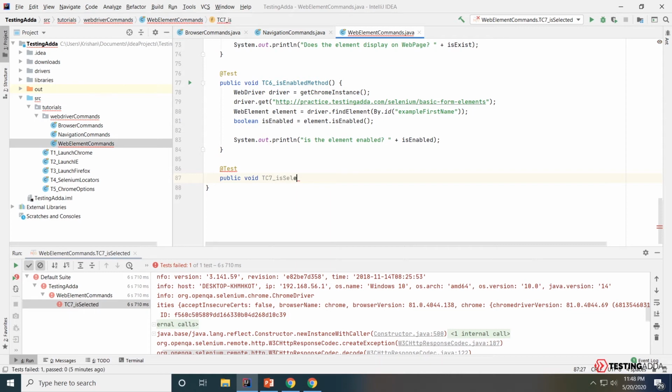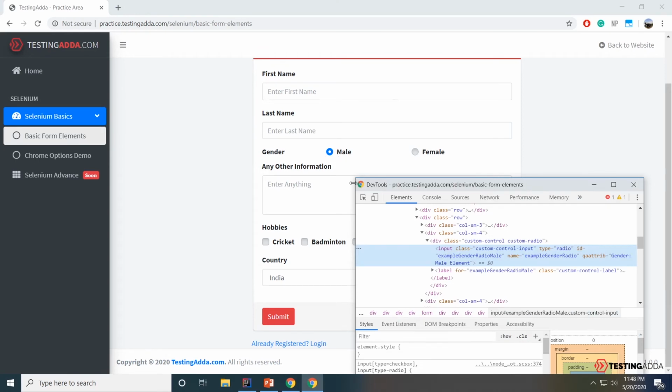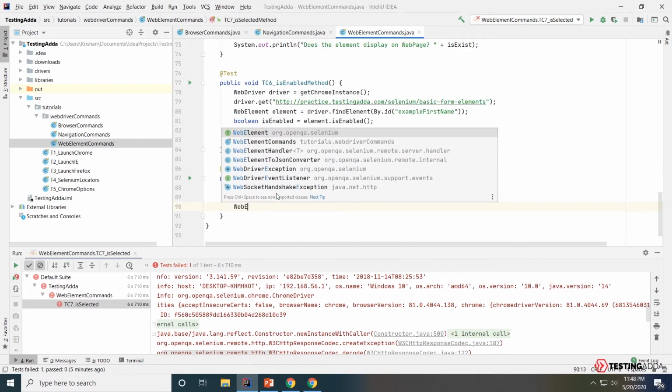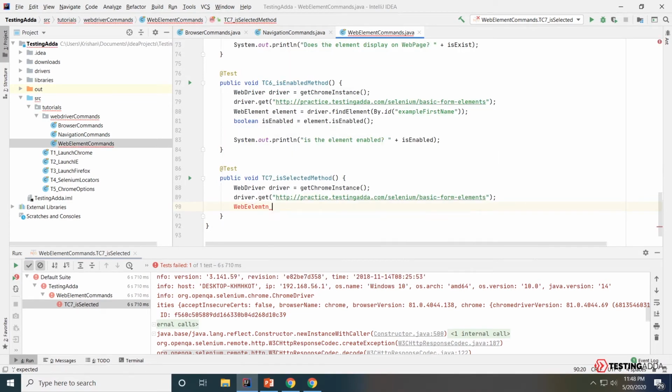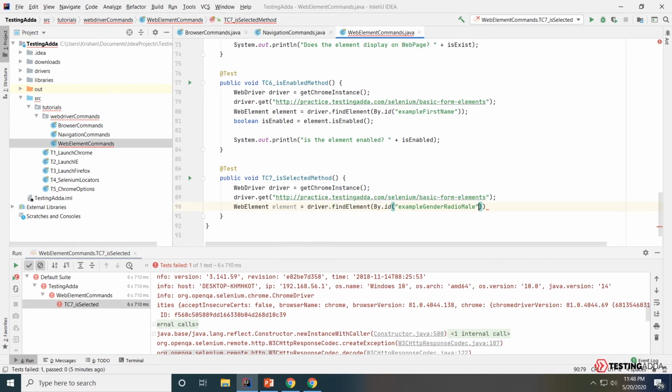tc7 isSelected method. Now these two lines will remain the same because we need to open the same form. What I'm going to do is locate the male gender button element and click on it first. So to do that, I'll just click on this button and check the HTML code. As you can see, there is an ID available, so I can use this ID, for example gender radio male. So I'm going to create a WebElement, element equals driver dot findElement by ID, because I have the ID available,